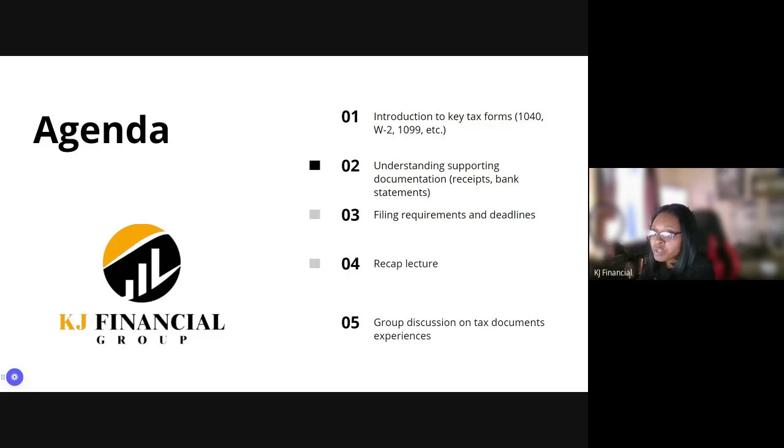So I'm going to introduce you to the key tax forms. Of course, those are your 1099, W-2, and your 1040. Your 1040 is your main tax form. You can't file taxes without this 1040 unless, like I was talking about last week, you're doing corporate, big business, and nonprofit taxes. But these are our basic taxes, and we're going to always use the 1040, even for our small businesses